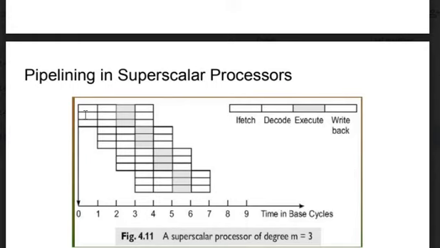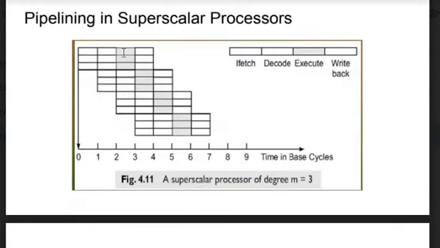So how can we justify that it is superscalar? Because it has a feature to perform 3 executes in a single time, hence it is superscalar. It is designed for more instruction level parallelism. Here, see this dark area where 3 instructions got executed. That is what we call parallelism.